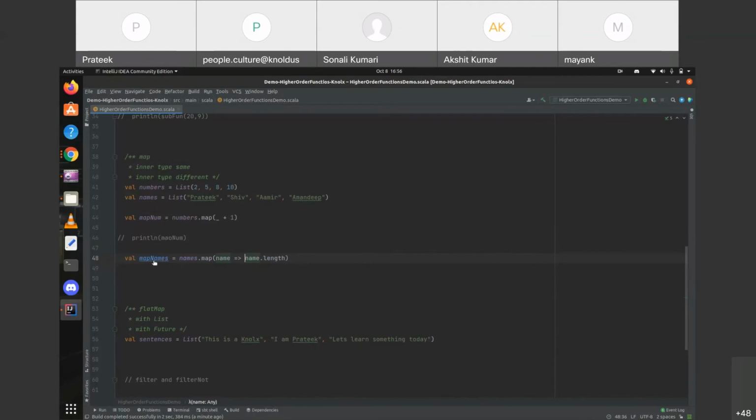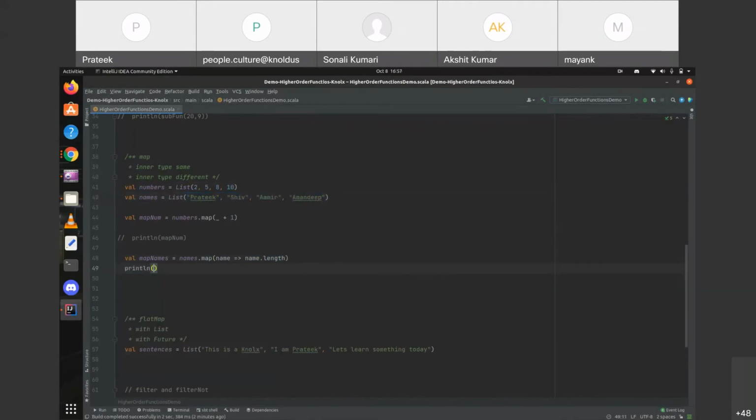But on calling the map function, it's returning us a list of integers, because we change the type of the inner element here. So this function will be called on each of these names, and it will return us the length, and this way the inner type will be changed.